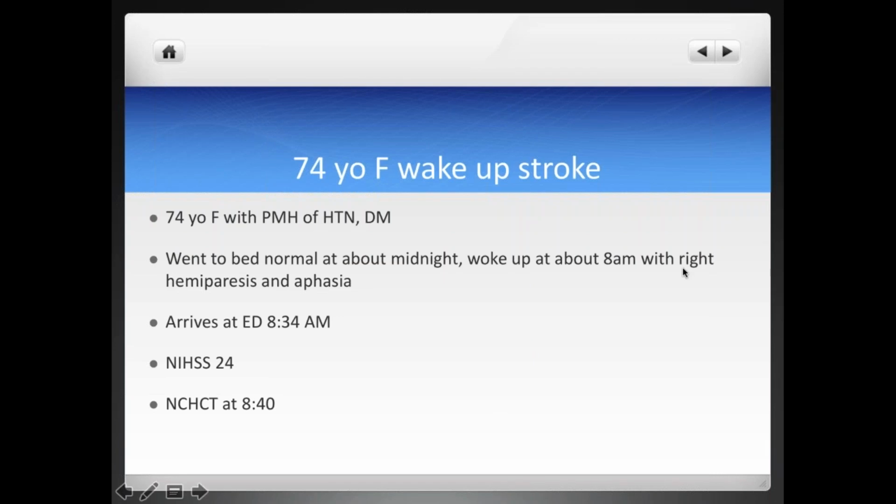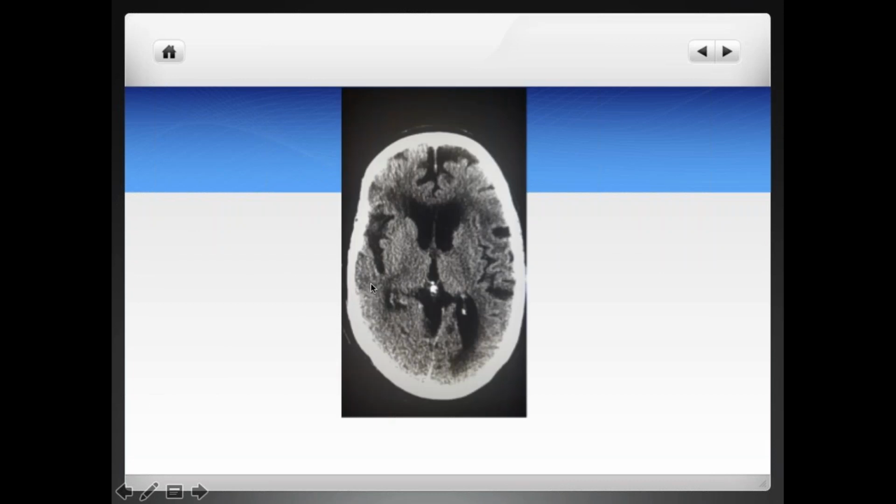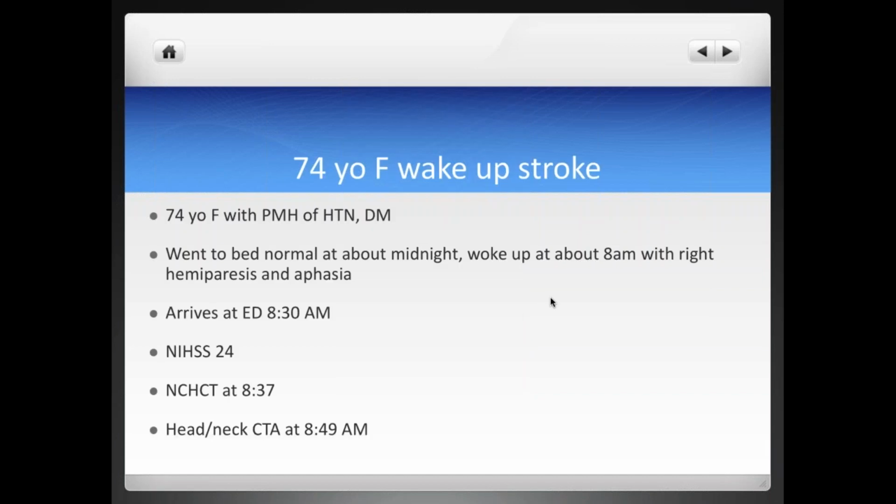Important, of course, to always have some clinical presentation, because that is going to help guide your eyes to the area of concern, which I'm sure a lot of you got right here. A little bit subtle, or not so subtle necessarily, area of loss of the gray-white matter differentiation here in the left frontal area. This patient got the non-contrast HCT at 8:37.